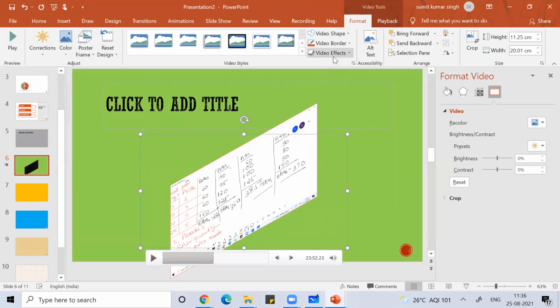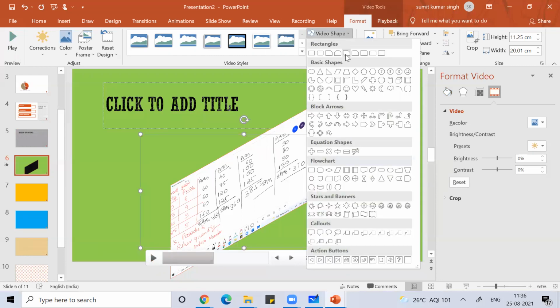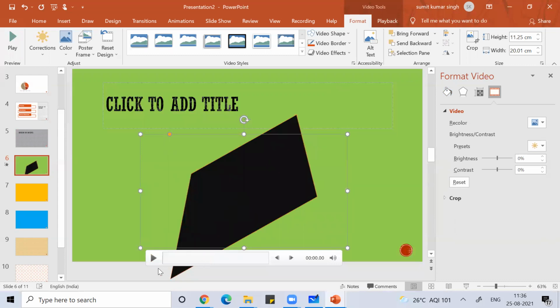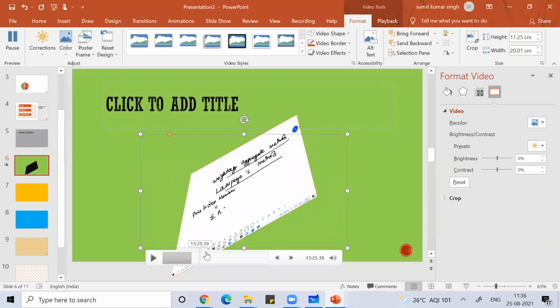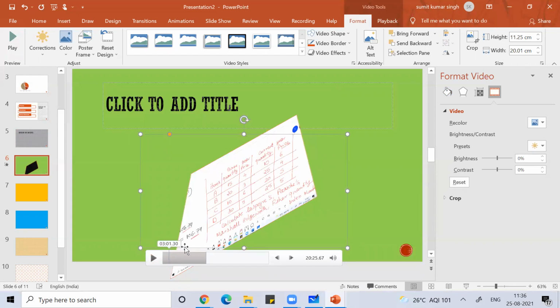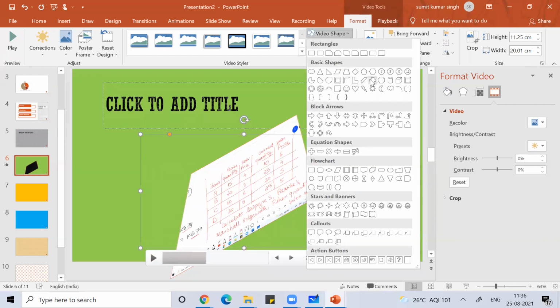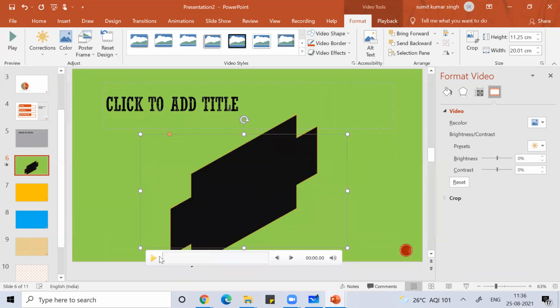I'm just showing you video effect, video border, video shape. You can change even the shape for the video, however you want the video to come.